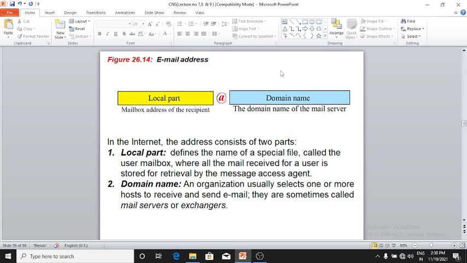The local part defines the name of the special file called the user's mailbox, where all the mail received for the user is stored for retrieval by the message access agent. And in the domain name, an organization usually selects one or more hosts to receive and send email. They are sometimes called the mail server or exchanger.